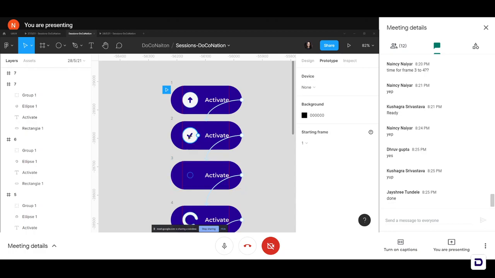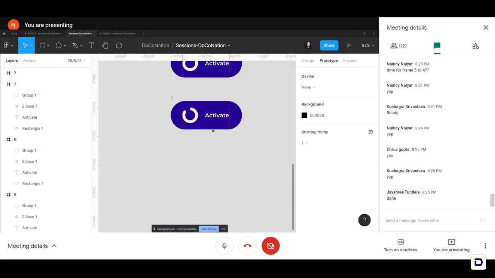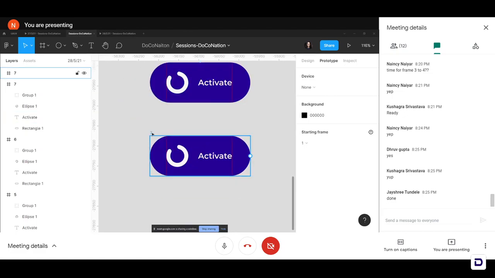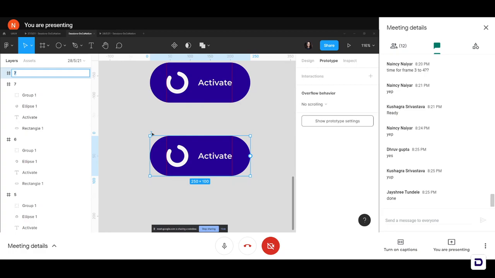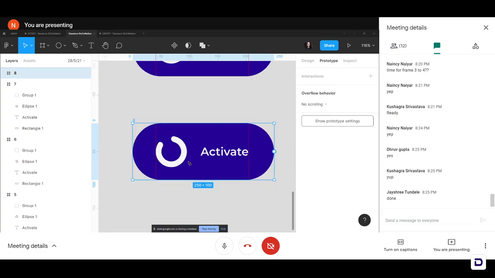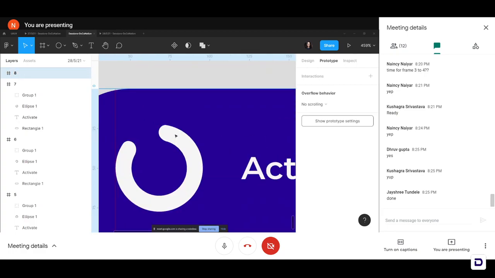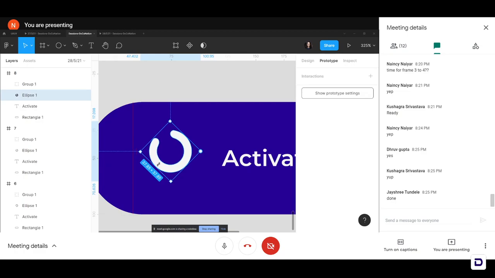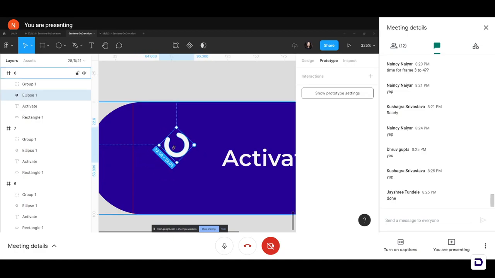What we did was just select these frames, this little circle and our tick mark. We decreased the size and changed the visibility, that is opacity, to 0. So the same thing we'll be doing over here. Let's zoom in a little bit. Change the name of the frame to frame 8. I'm going to select my little circle here and decrease the size. I'm going to center it back again.